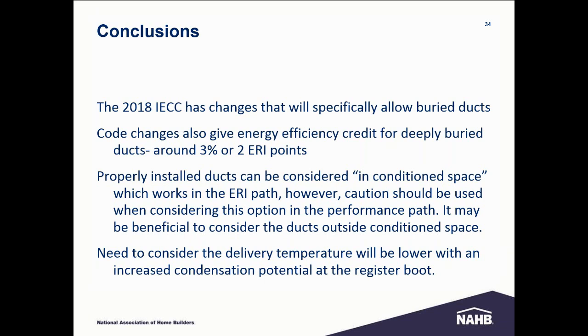And also, I need to consider that the delivery temperature will be lower and can increase condensation potential at the register boot. So I'm not saying it's going to happen. I'm saying that if you're right on the margins to begin with, you're beginning to push your luck. So